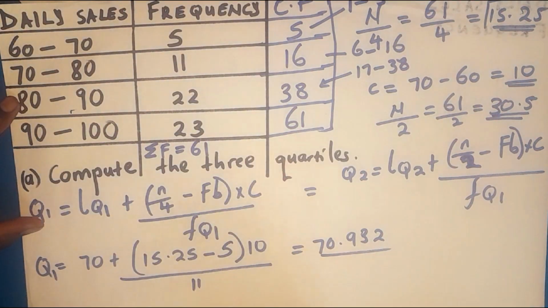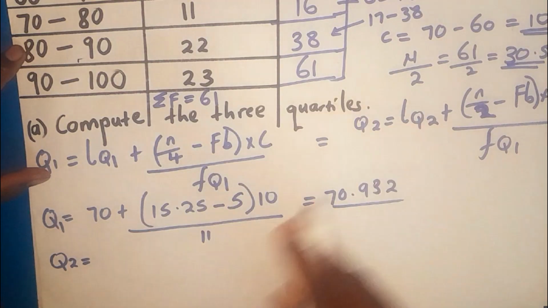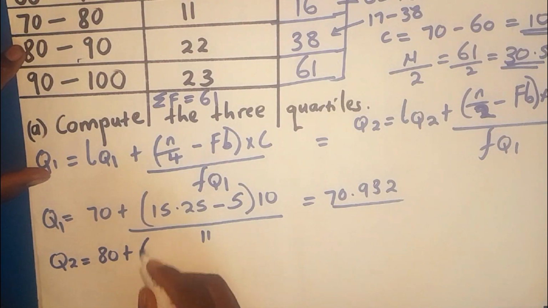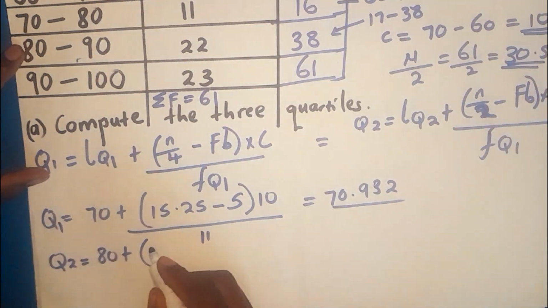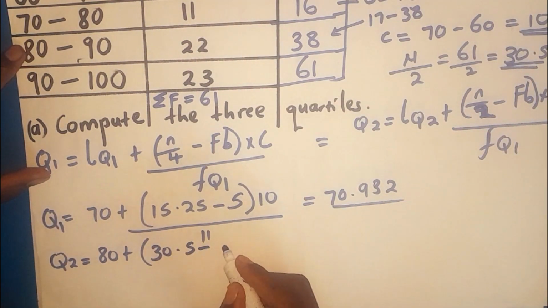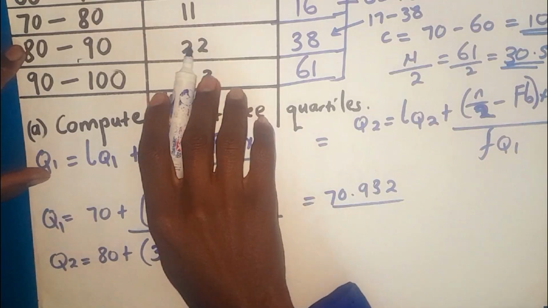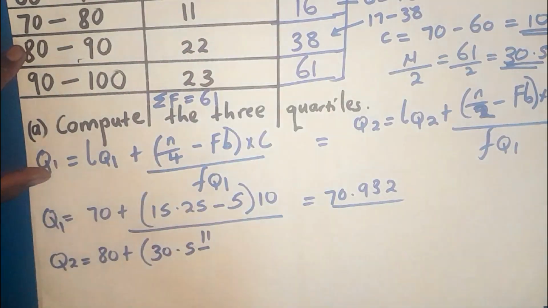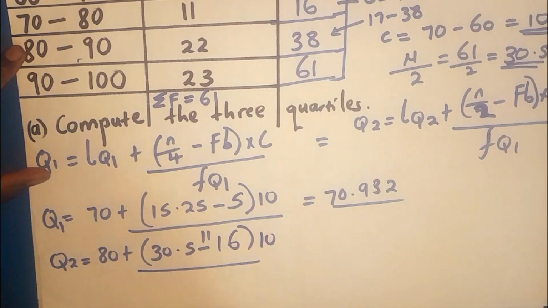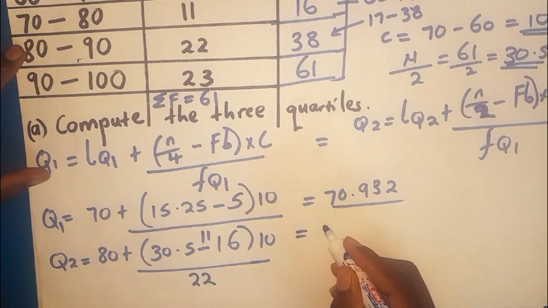Therefore, we are going to come here and start to fill. Second quartile is equal to the lower class boundary of the second quartile class, which is 80, plus n over 2, which we already have, 30.5, minus our fb, the cumulative frequency before the second quartile class, which is 16, over, then our class width is just 10, and then over the frequency of this second quartile class, which is 22. So if we punch correctly here, we are going to get